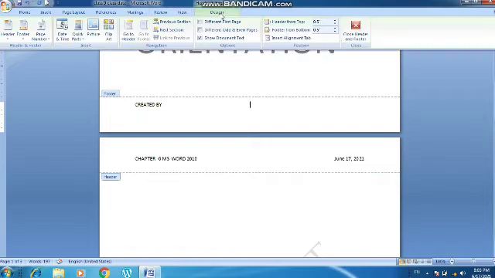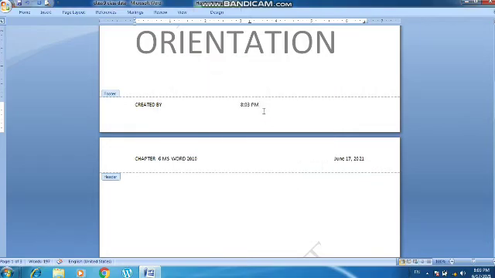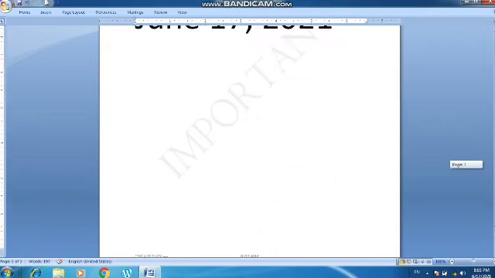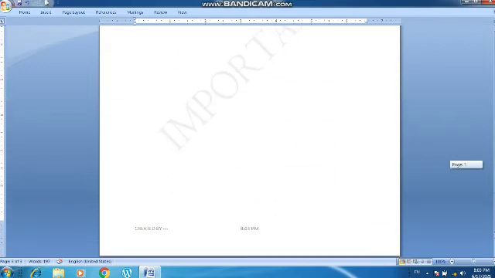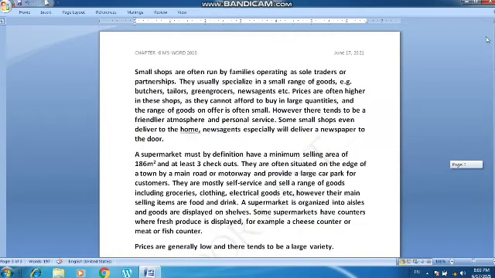Again, go to the Design tab. Click on Date and Time, and you can provide the date and time. You can see I am clicking here 8:03 p.m. and OK. So that is mentioned over here. Double click, and you will be out of that tab. Now 8:03 p.m. is mentioned in each page. So this is how date and time can also be inserted in header and footer, along with how you have learned to insert a watermark.